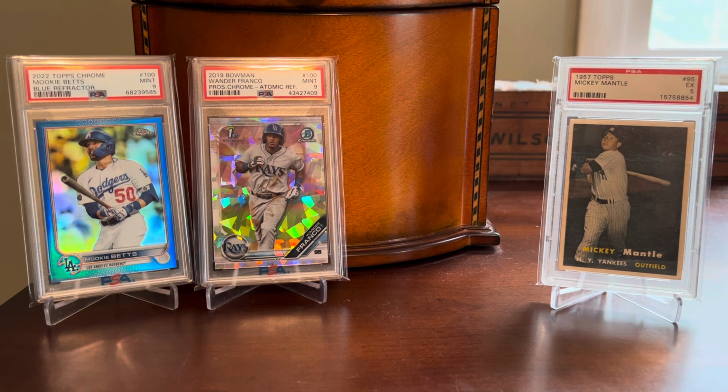In this episode, we're going to take a look at two brand new pickups for my baseball card collection, and I'm really excited about both of these. They're pretty big cards in my opinion, maybe not the world's most expensive cards, but I think they're very significant, and each one represents a theme in collecting that I want to talk about just for a couple minutes